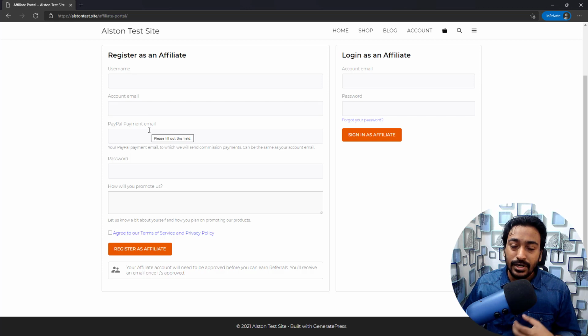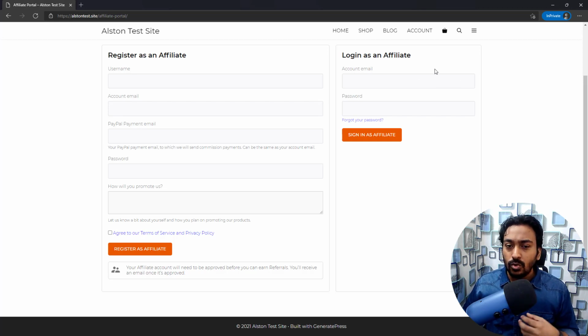You can have a separate PayPal email for the payments option. Currently they only support a PayPal email address as an option to send payment, or you can send it manually from the backend using different payment providers. Then a password, and how the affiliate will promote our products. But you are not seeing any other fields.